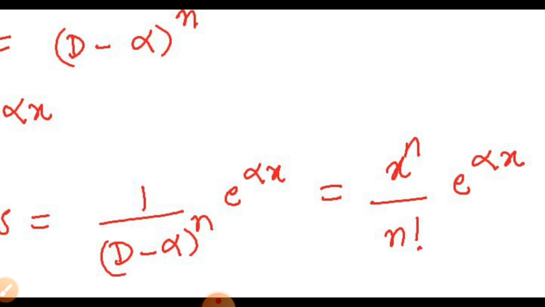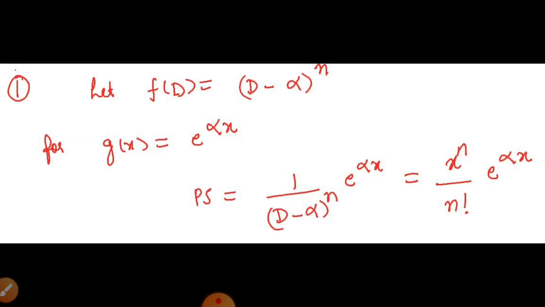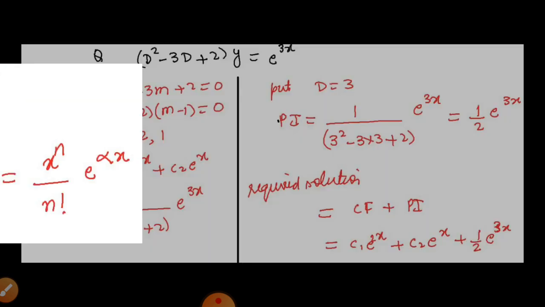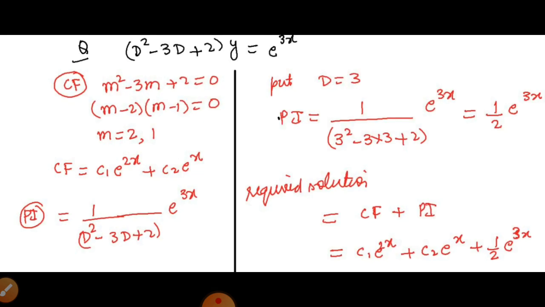You have seen that we differentiate the numerator and denominator in limits. We have to remember that if by putting alpha in the denominator we obtain a non-zero term, then the solution will be obtained easily. But if we put alpha in the denominator and we obtain a 0, then we obtain a solution like x to the power n upon n factorial, where n is the number of repetitions of that root alpha, into e to the power alpha x. So this is the first type of particular solution for an inhomogeneous equation where the right hand side is exponential.